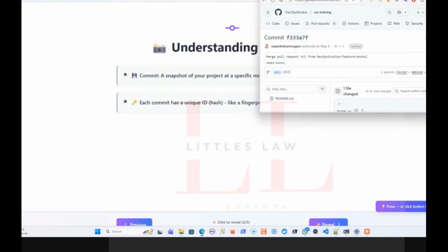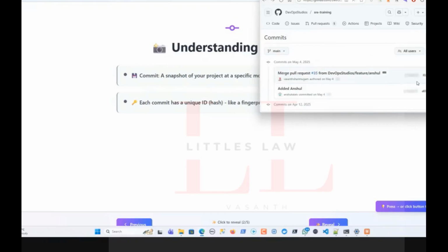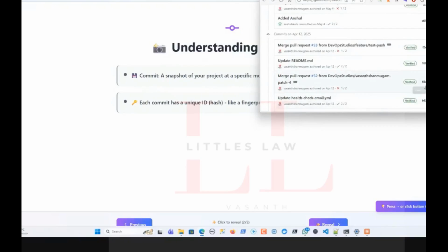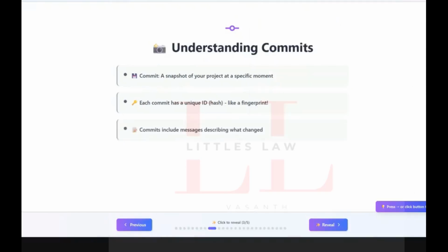So again, as I told you, no two commits are the same. If you see here, one starts with F and one starts with D, then F2, and again 1666. Just imagine, in the entire world, no two commits have the same hash ID, and that's what it has been designed for. That's how Git keeps track of every single thing, right? And then moving on to the next one. So a commit includes